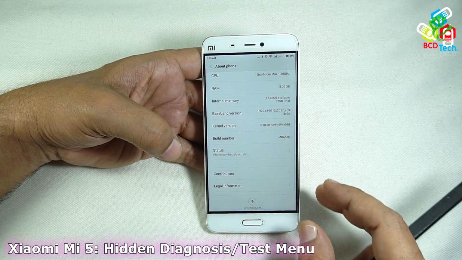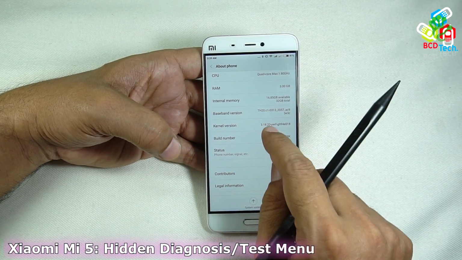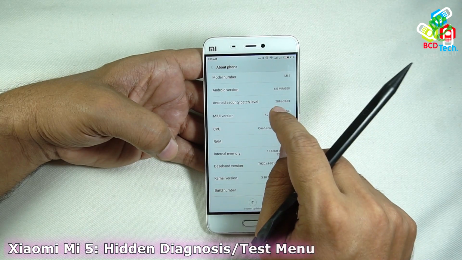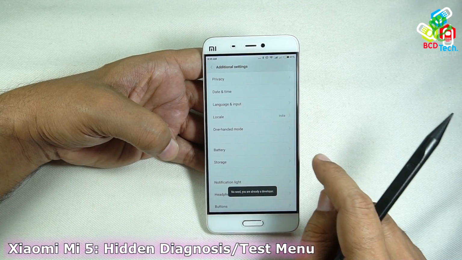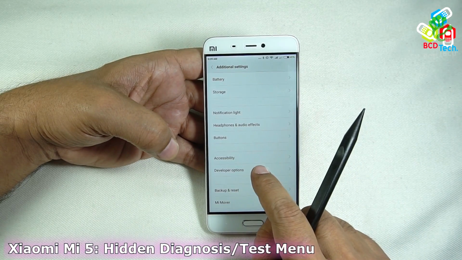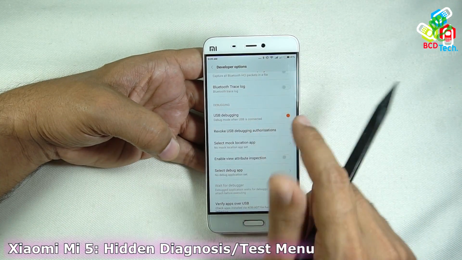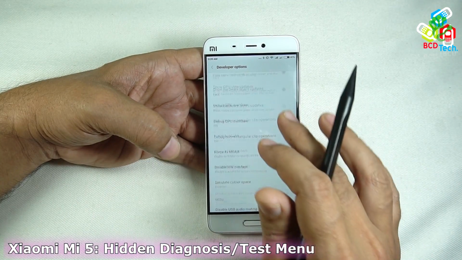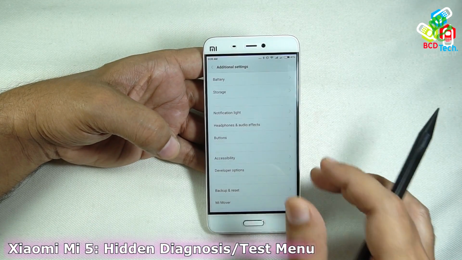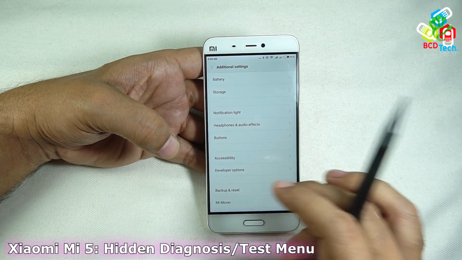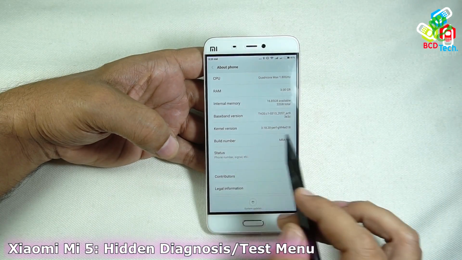Now finally I will show you the developer mode on this phone. For developer mode, you have to tap the MIUI version. If you tap that, you are already in developer mode. Then go to the additional settings, and below you can see the developer options. You can turn the developer options on and off here. You can check USB debugging on and off here directly, and there are a lot of tests below this window. So you can see that there are some hidden test menus in this phone, and they can be accessed by tapping different things in the settings menu.